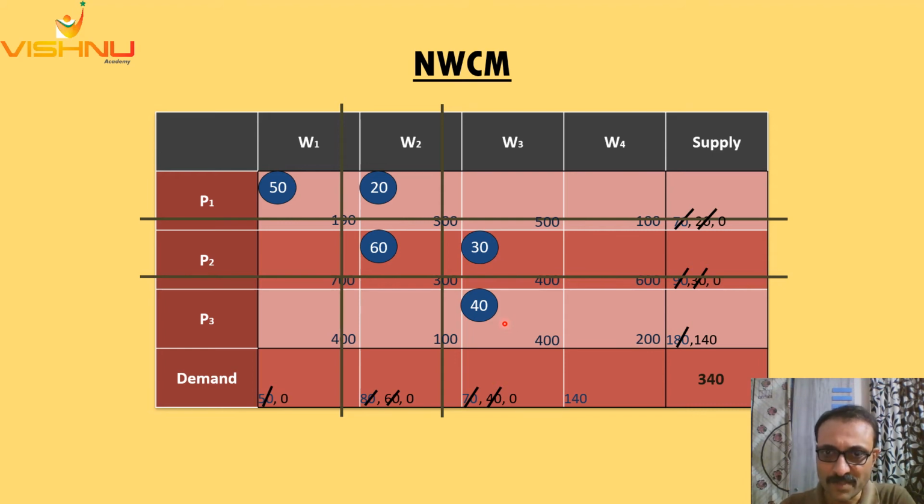The next step obviously would be to strike off that particular row or column where the total has come down to 0. In this case it is the column total which has come down to 0, so we strike off column W3, and thus we are now left with one solitary cell, which is cell P3W4,